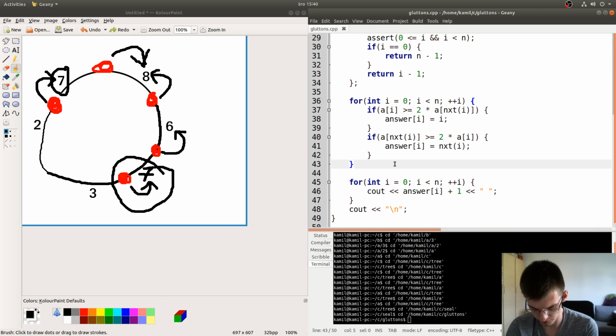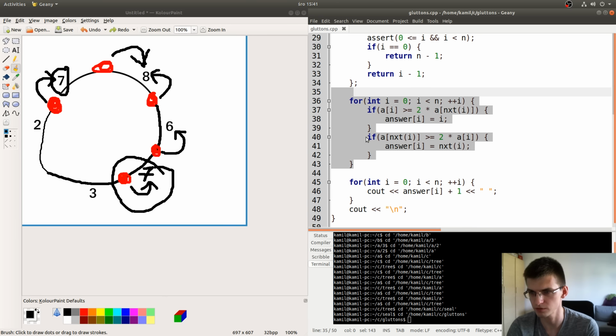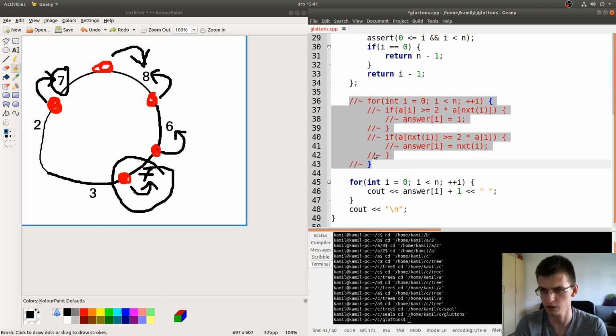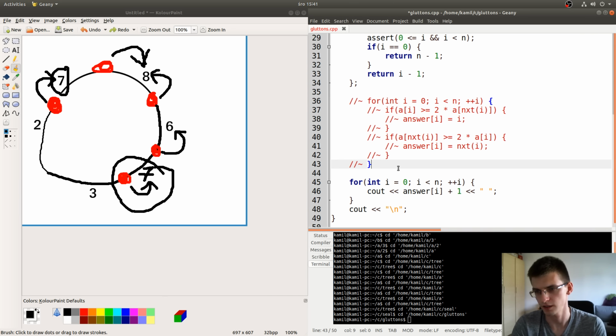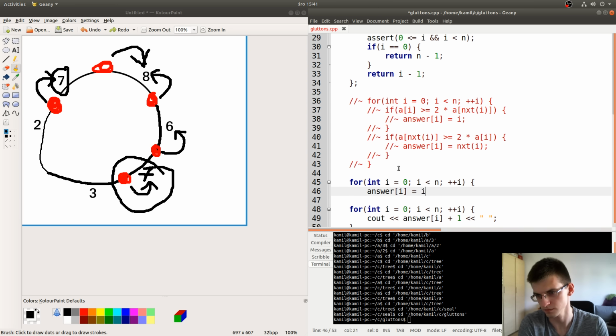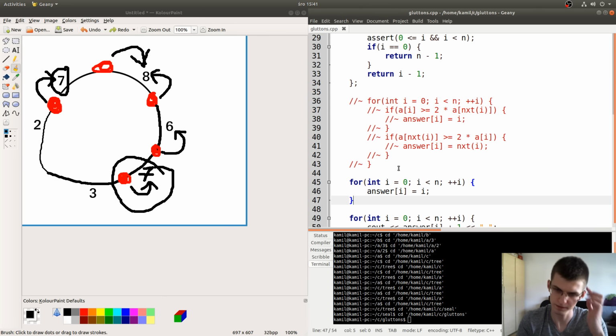Actually, I think if we do that, we don't have to implement this special part for 2 times bigger than the neighbor, because it will be done automatically. So I will comment that out, and instead, for a moment, for every person, let's choose this cake.